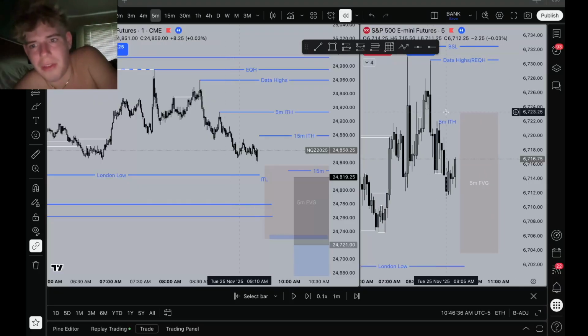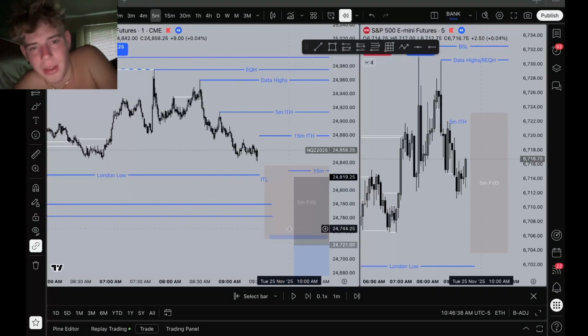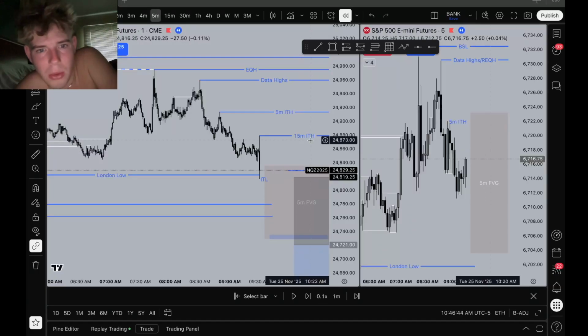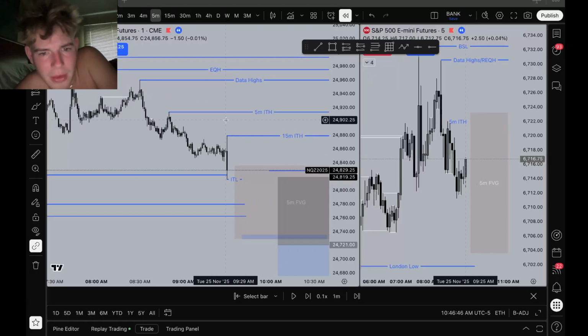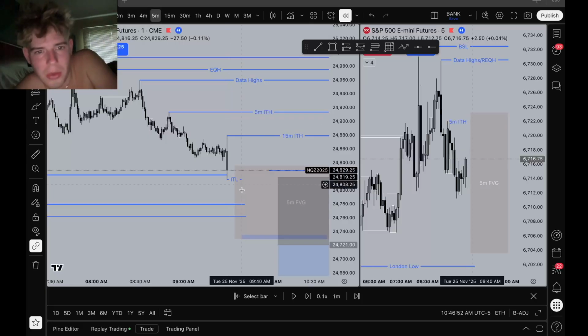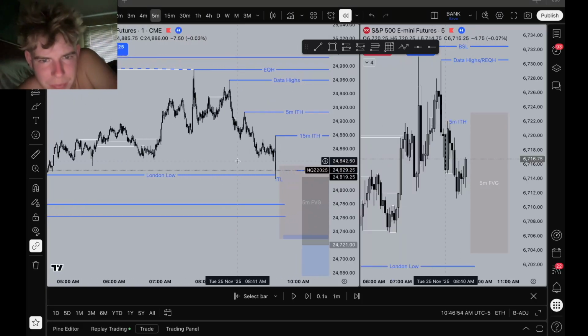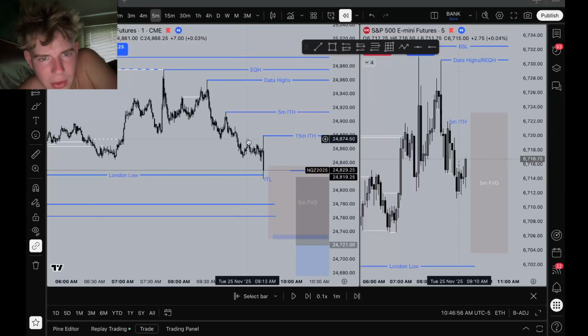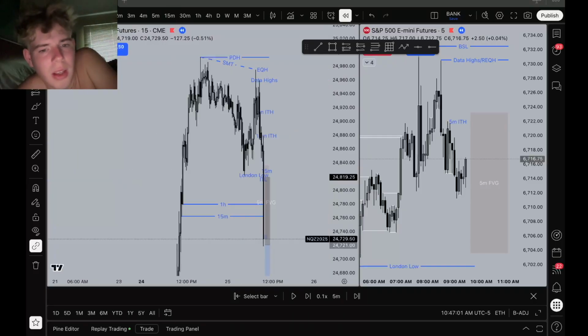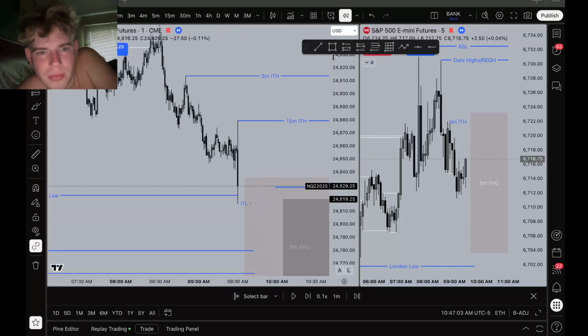So here's the 9:30 open. I think I just sat in the 5 minute on ES the whole day to pay attention to the SMTs and potential gaps. So boom, here's market open, 9:30. We come down and take London lows. We throw in an SMT there. We also wick this high, so there's a 15 minute, I believe, right here that we traded into.